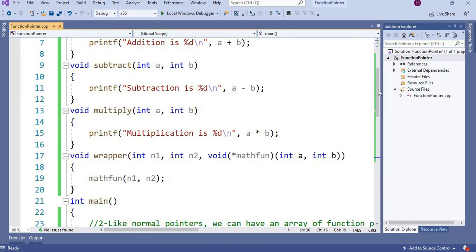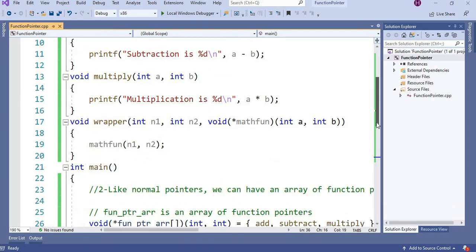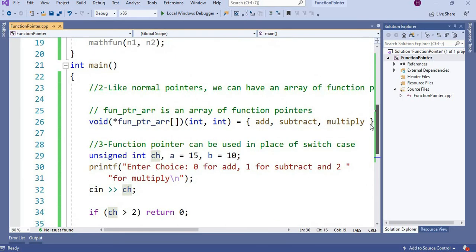It prints subtraction, a minus b, a plus b, a multiplication b. So this way you can create an array of function pointers.